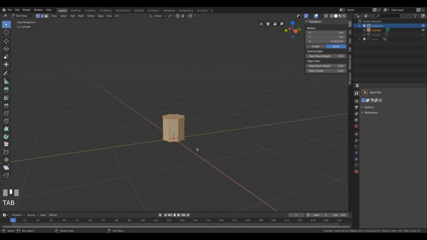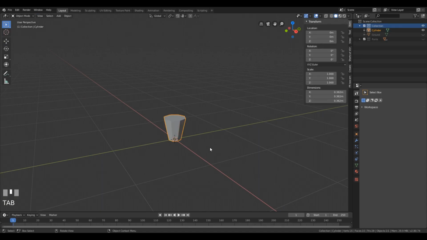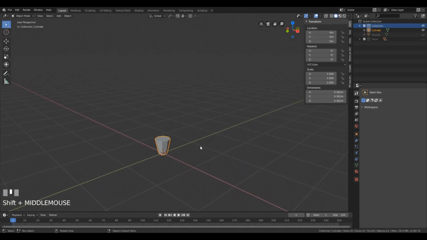We just need to go into the edit mode and alt click the bottom loop of the cylinder and scale it down. So press S and scale this to make this kind of shape, and this will serve as a base for our palm tree. Now let's just tab out of the edit mode, and we'll need one other thing to complete the trunk, and